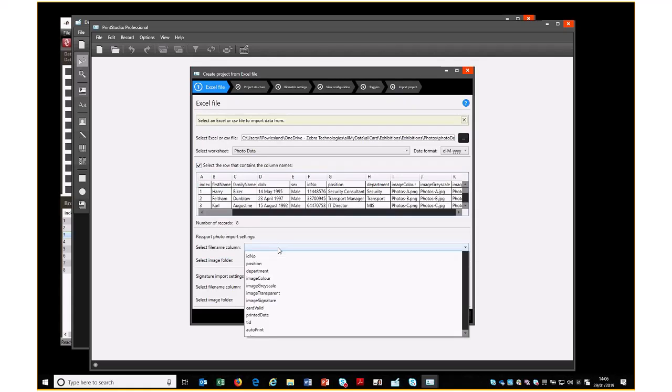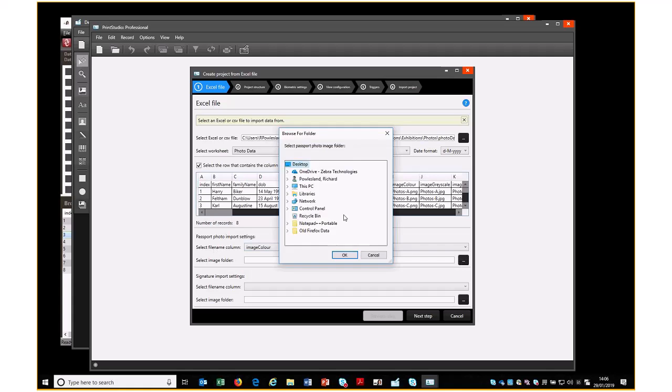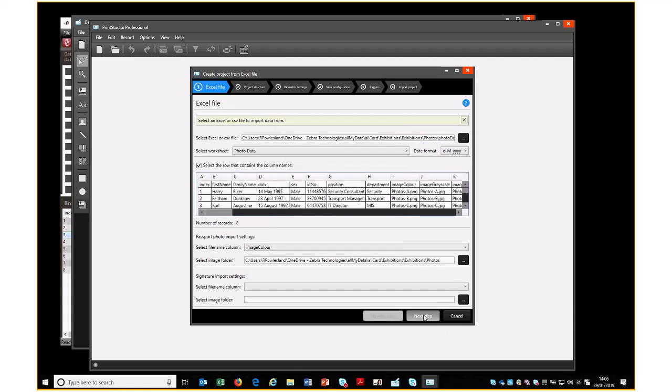We are going to use image color as the field name for the graphic, and we are going to tell it where all these graphics are stored, and they are all held in this folder. We then pick next step,